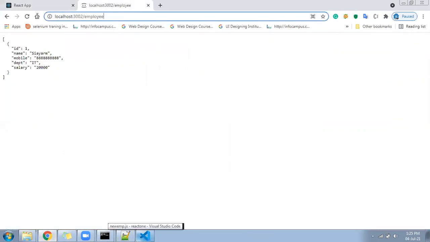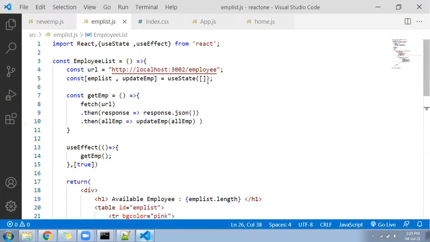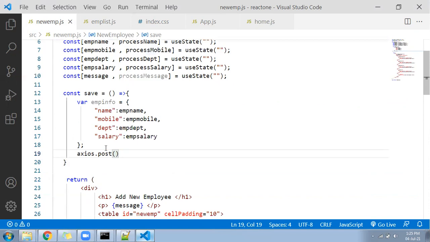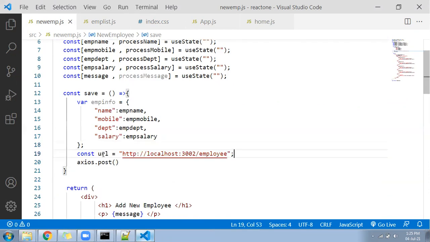Here is the URL. Or you can take the URL from your listing page also. Look here, the listing page has the URL. Let's copy this line. The URL remains the same always, where you can update, delete, list and everything. Let me go here and I'll take the URL. I'll add it here, right?